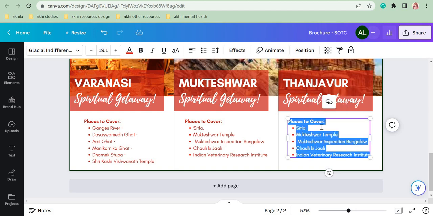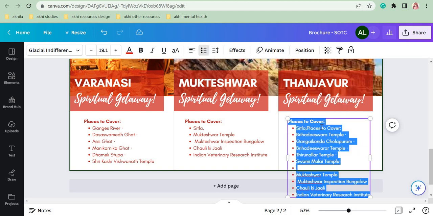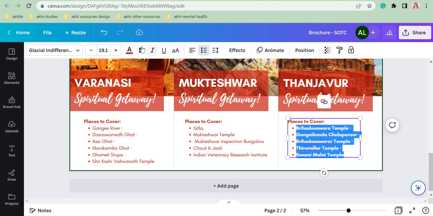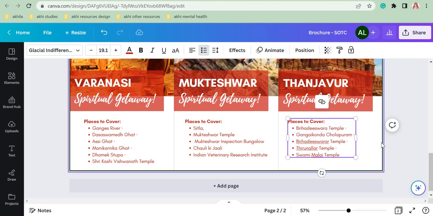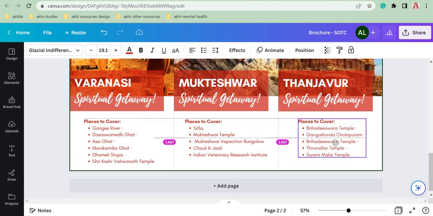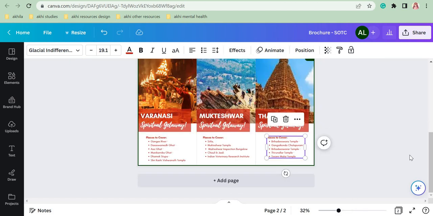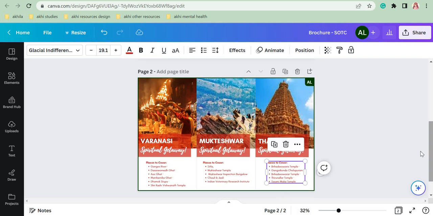I'm coming here and pasting it. That is also done, and I am switching off that bold option. Now I brought it to the center of the page also. Done. So this is your final brochure.